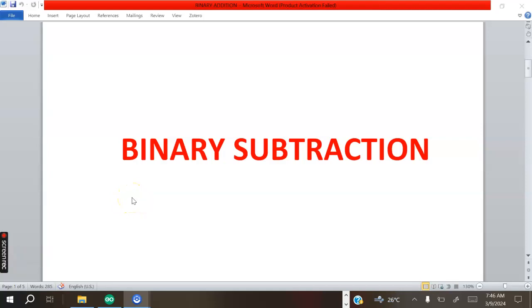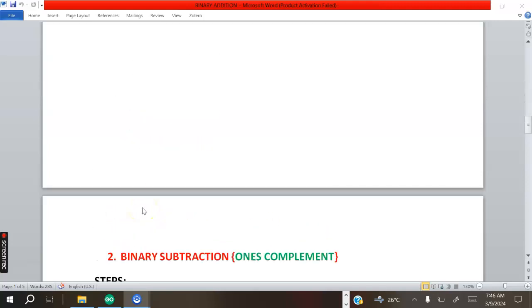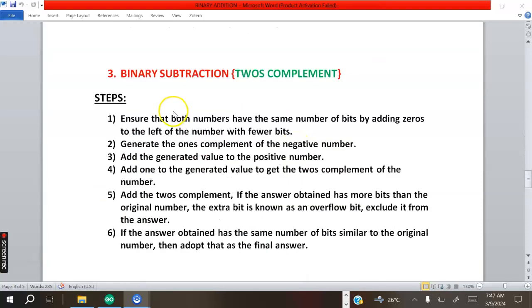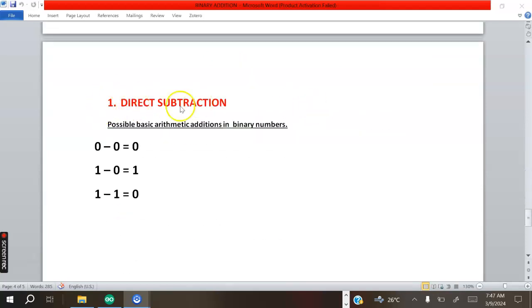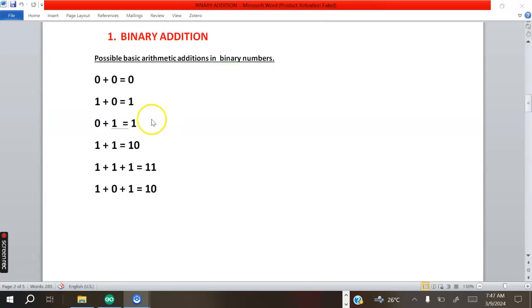In this particular video, I'm going to take you through binary subtraction. We have already looked at the other scenarios. For example, we had already looked at binary addition, binary subtraction using the one's complement, and binary subtraction using the two's complement. But for this specific video, I'm going to take you through the direct subtraction of binaries. Before we dive into the whole thing, we need to remind ourselves of the basic arithmetic addition,